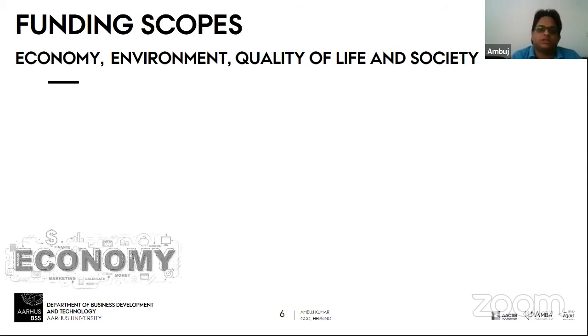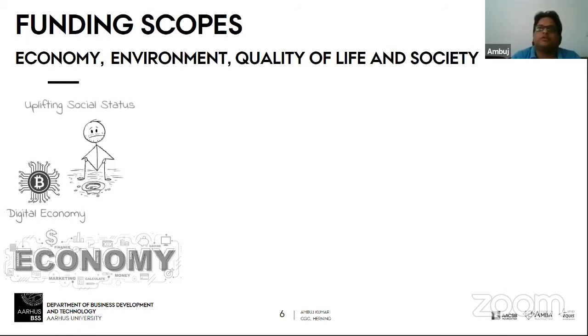So the first is the economy. Economy is basically, if you are into a digital economy, then you have a good chance of having funding. And if your ideas can uplift the social status, and this need not be purely technical, but could be more societal, or if you want to seek funding to improve some process that can uplift the social stratum, it is also very welcome here, at least in Europe, and I hope the same should be there in other countries also, like India and like Africa.